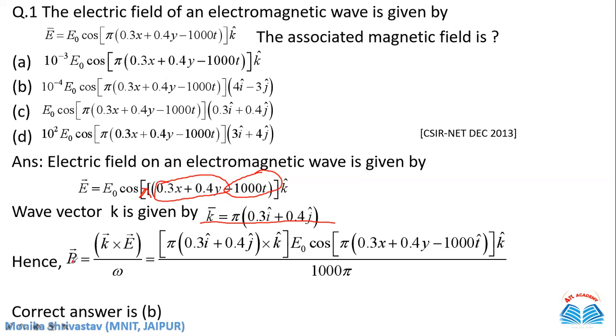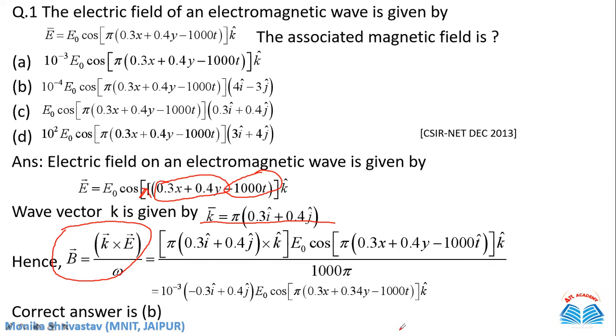So what will be the magnetic field? We use this formula. I have told you this formula is there for solving these types of questions. You know the k, you know the E, you know the omega. What is omega? Omega is 1000 into pi outside here. So 1000 pi. Just put all the values, do some mathematics, and you can get these results. So you are getting this one, and you can see that the correct answer is this one, 10 raised to the power minus 3,